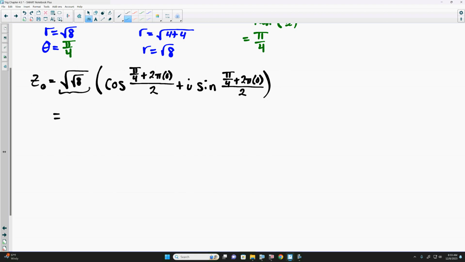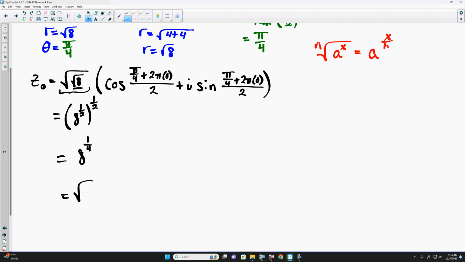Now, to get this and really see what this is, we're really going to need to go back to our properties of radicals. The nth root of a to the x is the same as a to the x over n. So what this is telling us is that our square root on the outside is really putting our square root of 8 to the 1/2 power. Well, the square root of 8 is also 8 to the 1/2. So we'll fill in the other side in a minute, but really what we have here is 8 to the 1/4,